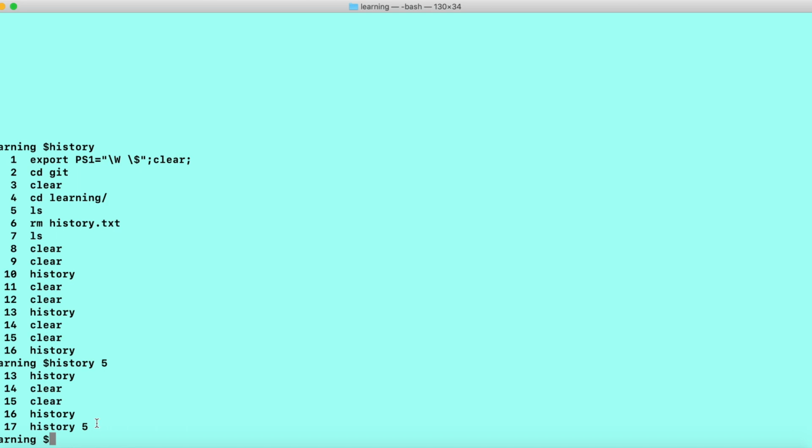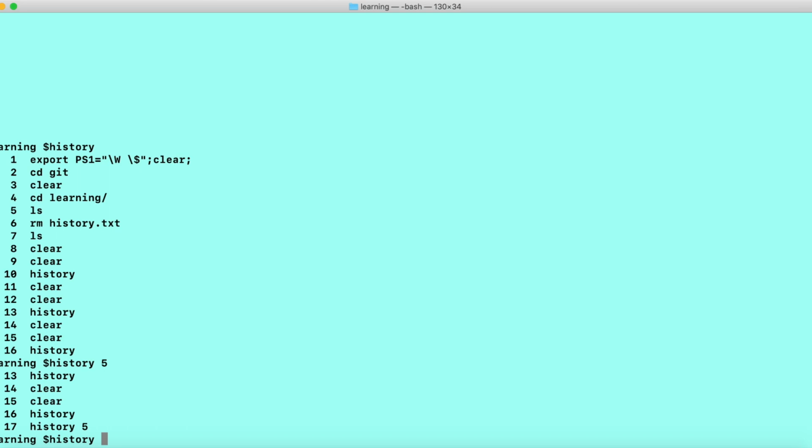Okay, now let's say we want to filter out all the results. Let's say you have 500 commands in your bash history. Then how will you get a specific command that you had executed 5 days back? It will be quite difficult, right? So let's say history, and you want all the git commands, a list of git commands. So how will you do that?